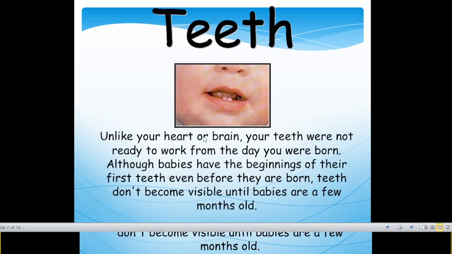Unlike your heart and brain, the teeth are also ready to work every day. If your heart or your brain took a rest on any day, your entire system would stop working that day. But it is not like that, because the teeth work the whole day. They are ready to work for you at any time, from the time a child is born onwards.